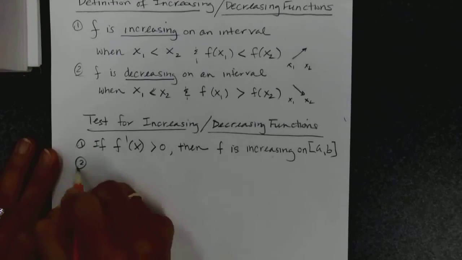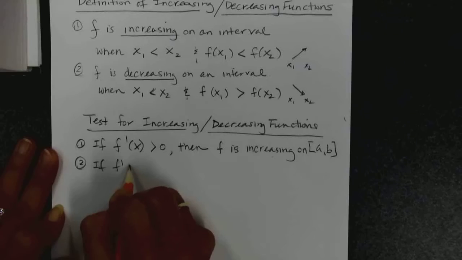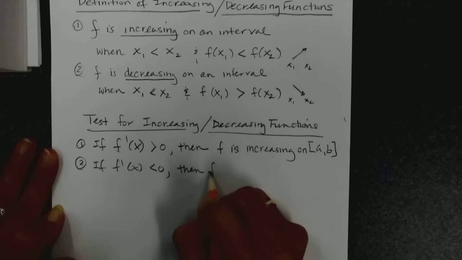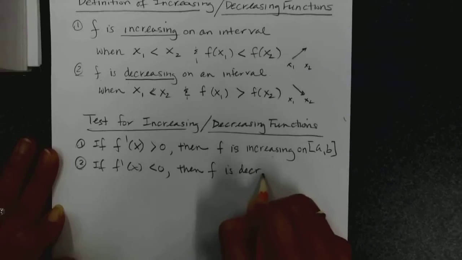That's 1. 2, if f prime, the derivative, is less than 0, then f is decreasing